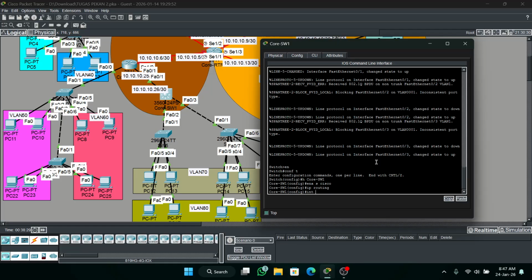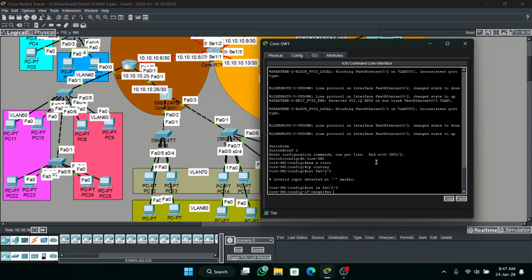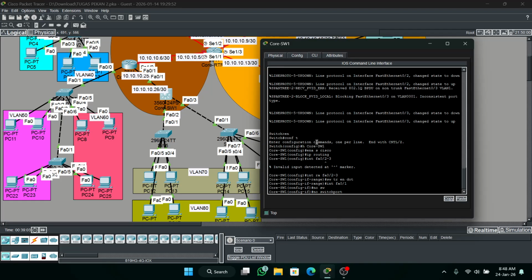First go to interface range 2 until 3. Switchport trunk encapsulation dot1q. Okay, make sure the switch is trunking, and this port to the router is not trunking. Interface 0/1, no switchport.